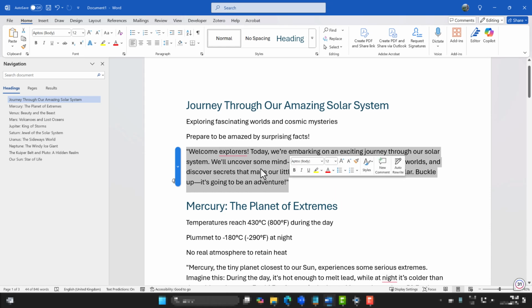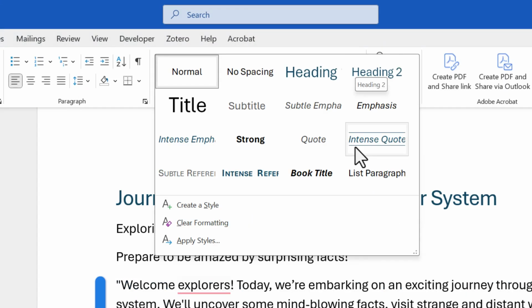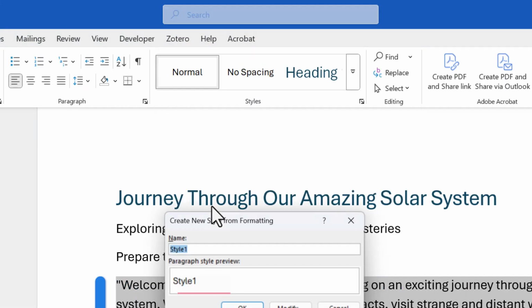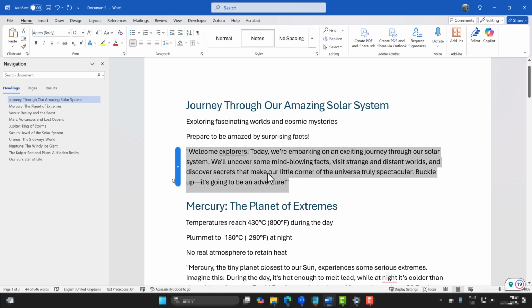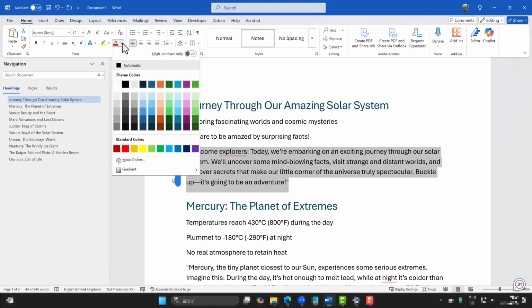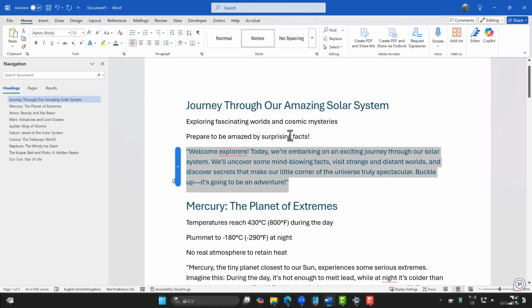And what we're going to do is we're going to create a new style. So let's click on this drop down and choose Create a Style. I'm going to call this Notes with a capital N. And choose OK. And I also want to color this something different, maybe like this teal color here. All right.